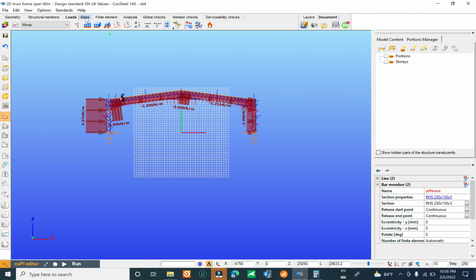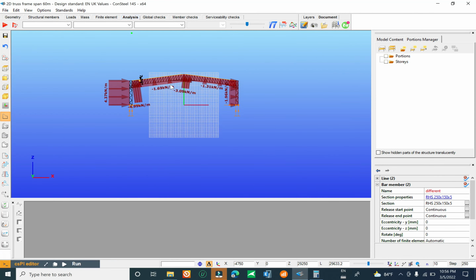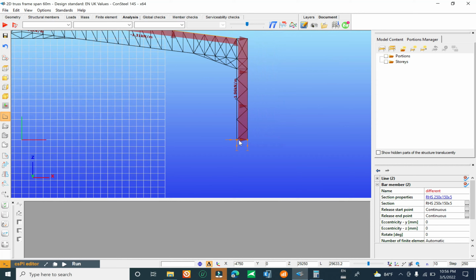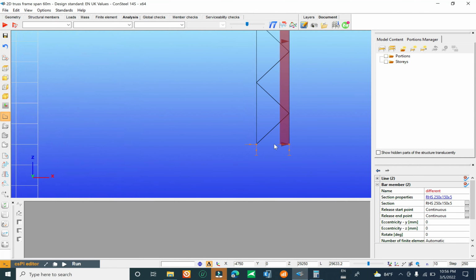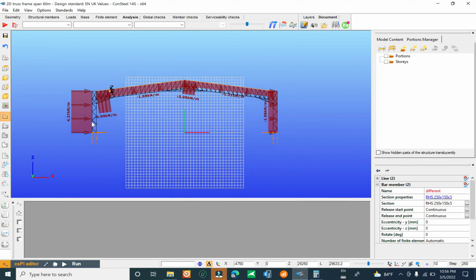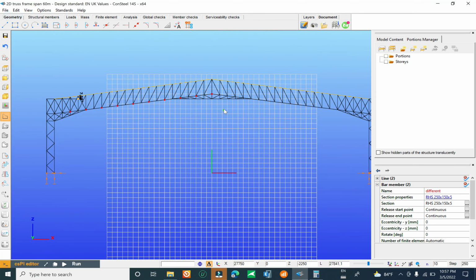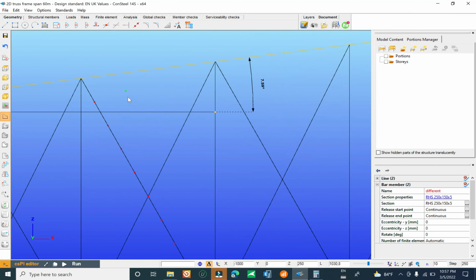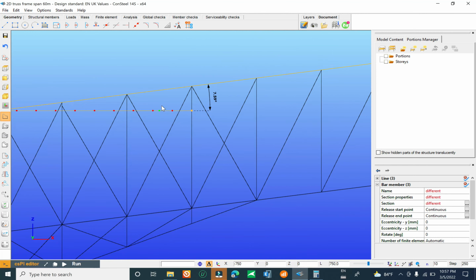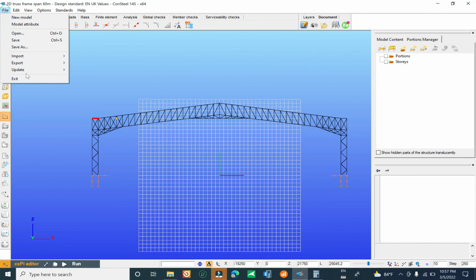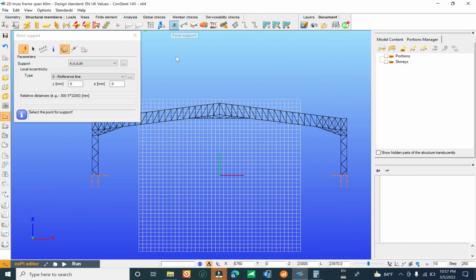Now we have to click on analysis, but you have to make sure you input the boundary or the support correctly. Okay, we have only 4 supports but no other restraint at the top. It is easy to make an error when you model like this. You have to make sure you control set to assign the restraint for the 2D frame,